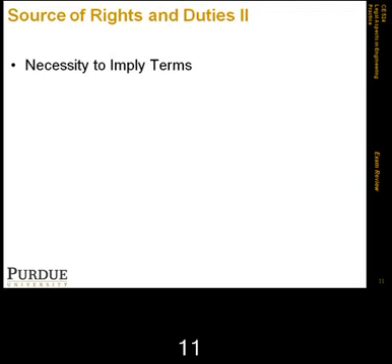And here we talked about the necessity for implying terms, and we said that this happens because some matters are considered to be obvious to include, or sometimes matters are discussed during negotiations but not resolved, and then people go into conflict, and the court has to basically start filling in the gaps